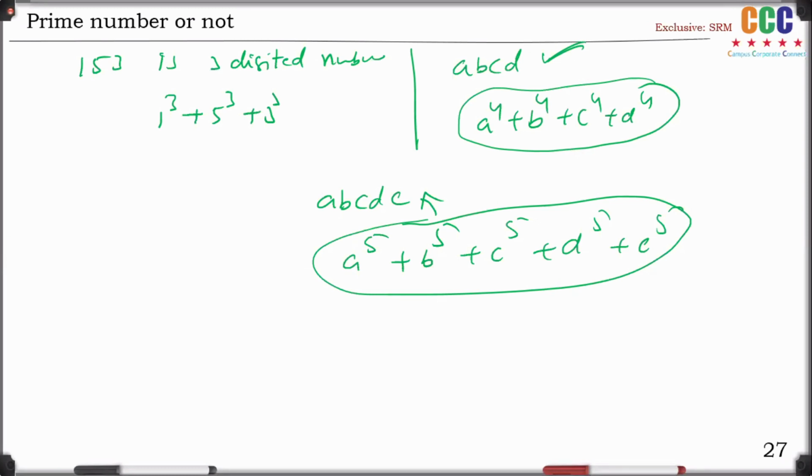How can we find the number of digits? First task is how to find the number of digits. I gave you a clue while explaining the previous while loop. Simply take a counter c equal to 0. I told you if it is a 3-digit number, this while loop will run 3 times. If it is a 4-digit number, that while loop will run 4 times. I'm saying it is a number. Don't take it as string.